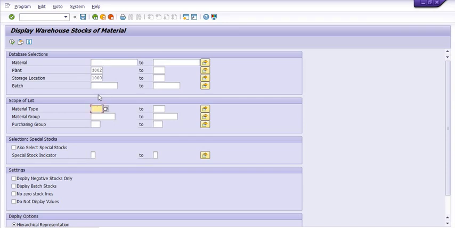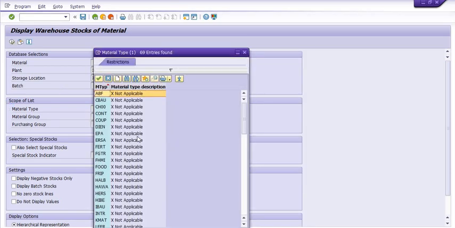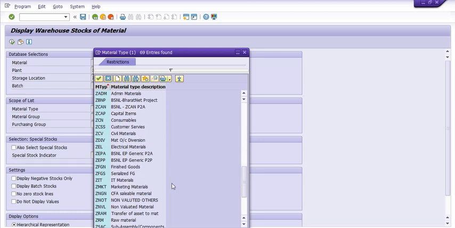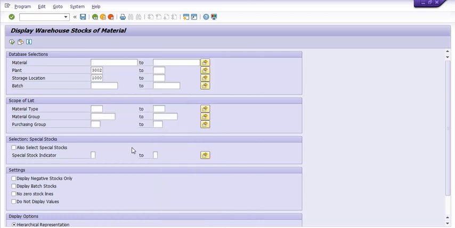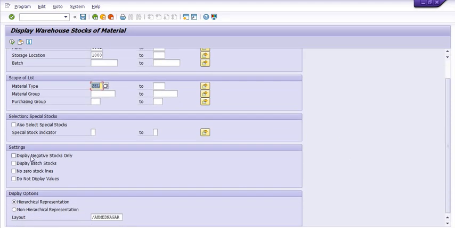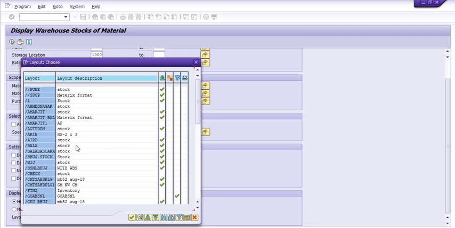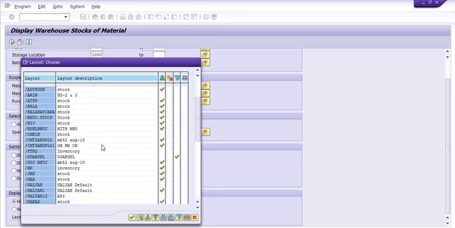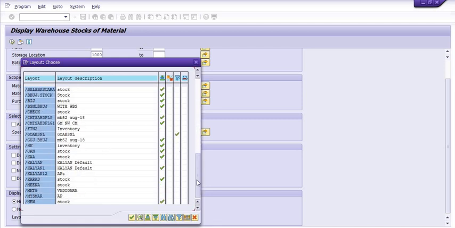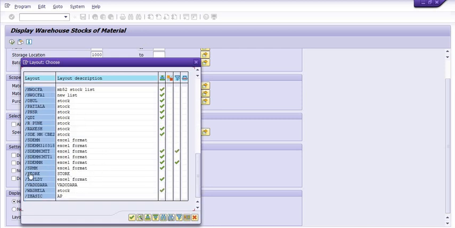For example, you just want to get the data of different types of material. For example, I just want to get the data of the electrical type of material, and unrestricted stock at our store. So you can choose the appropriate drop down from here. You can create your own drop down, like slash store.